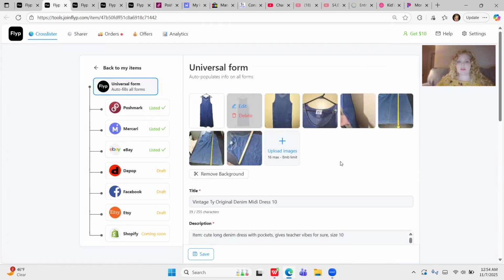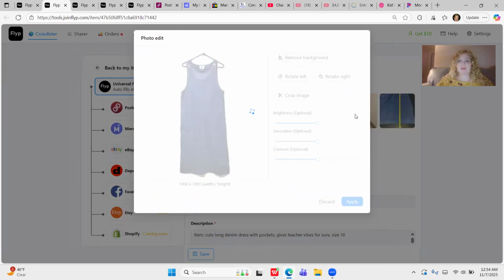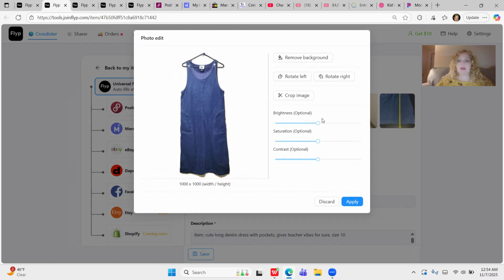So we will go to this dress and you'll see here, this is whited out in the background, which is fine. It does look better than the cluttered background that was on there originally, but this is like an older style of what I'd done. It's just using this remove background tool and it makes it completely white. I will say that this is pretty nice that it shows that shadow because it makes it a little less